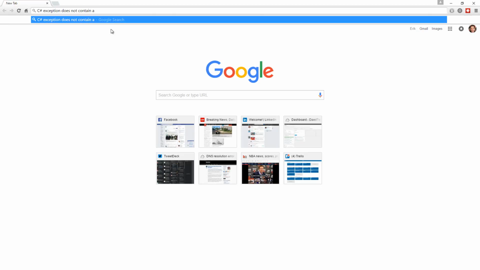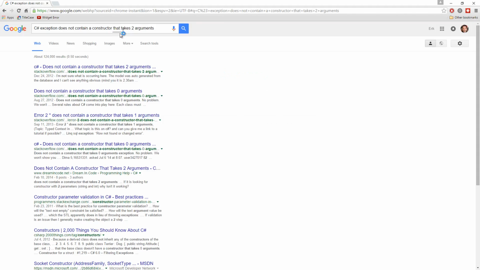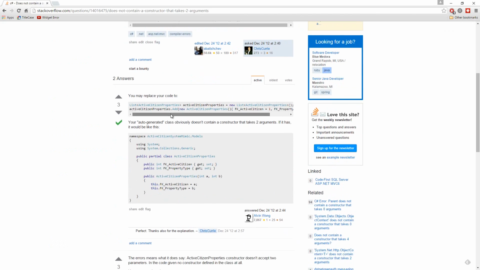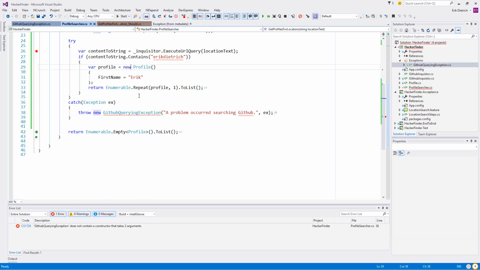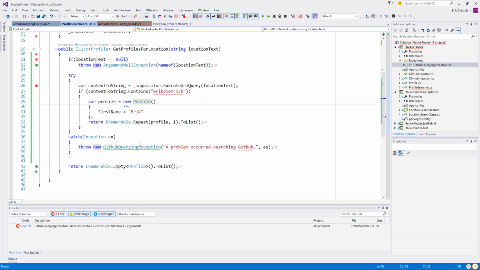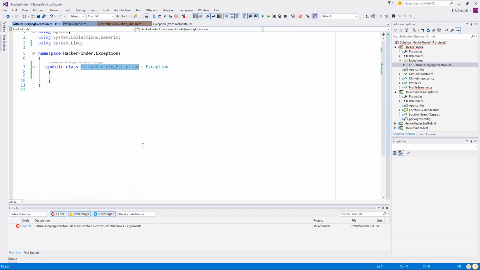C# does not contain a constructor that takes 2 arguments. Hopefully some other soul out here has done the same dumb thing. This has nothing to do with it. Let me see. If I go in here and define the constructor,